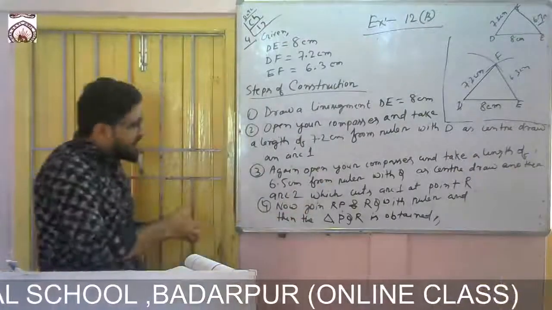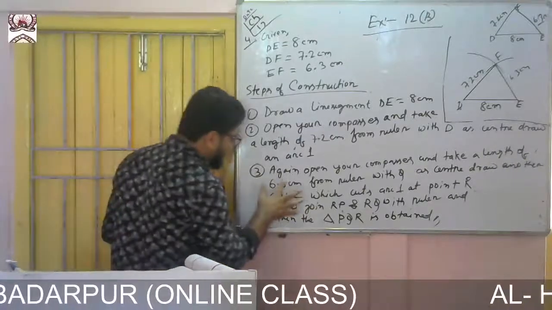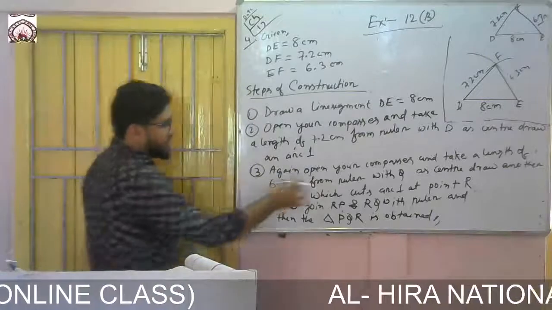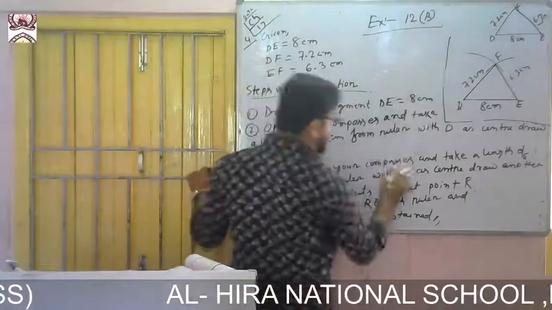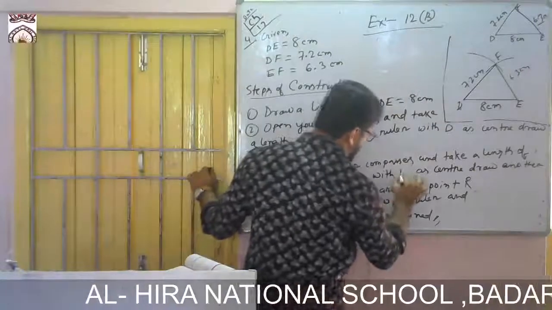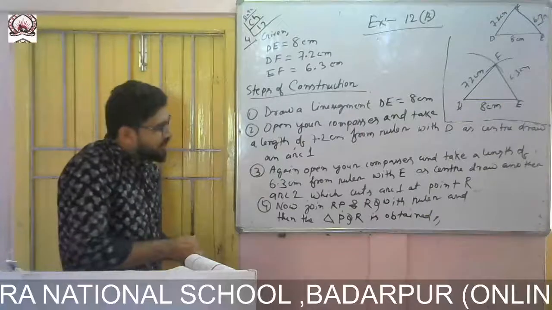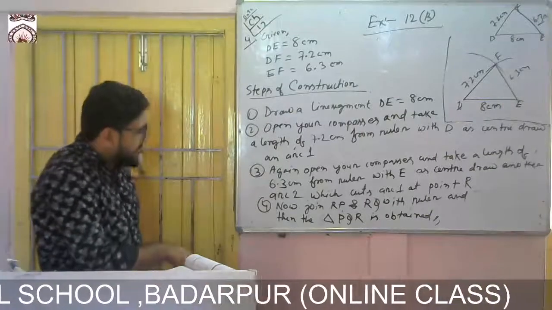Now again open your compass and take a length of 6.3 centimeter from the ruler. With E as center, draw another arc, arc 2,